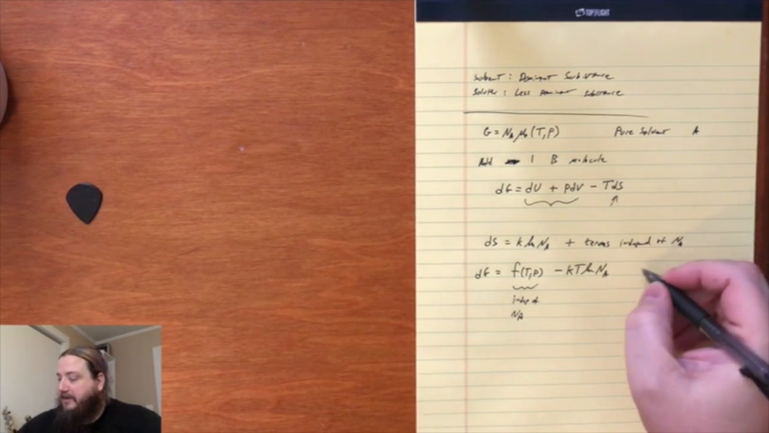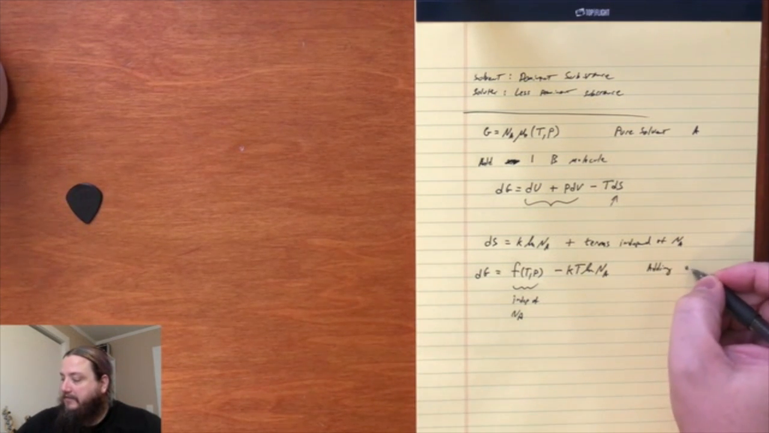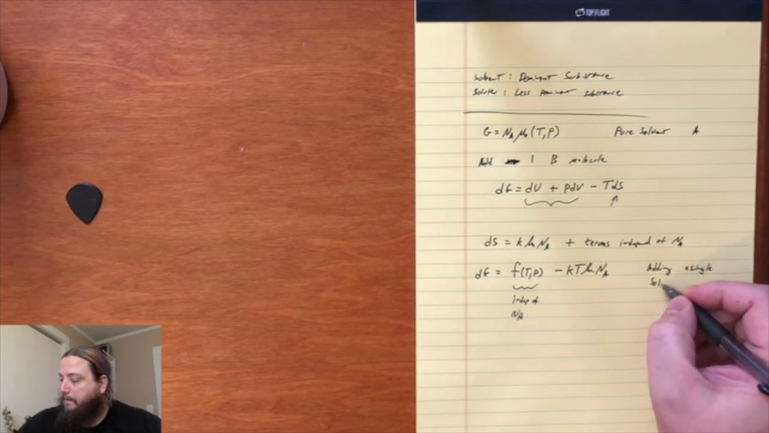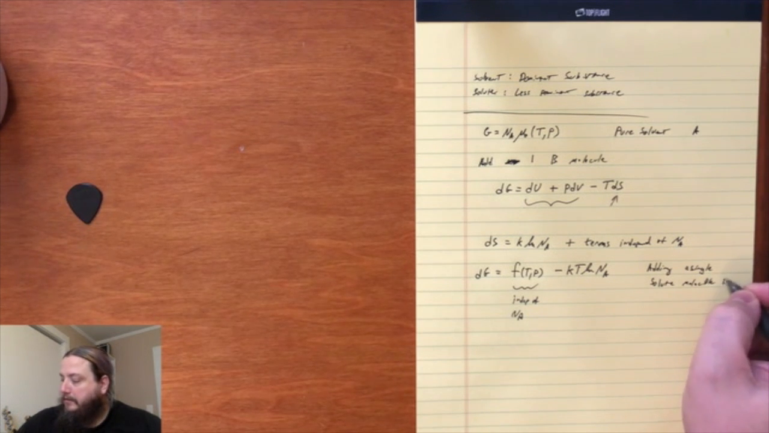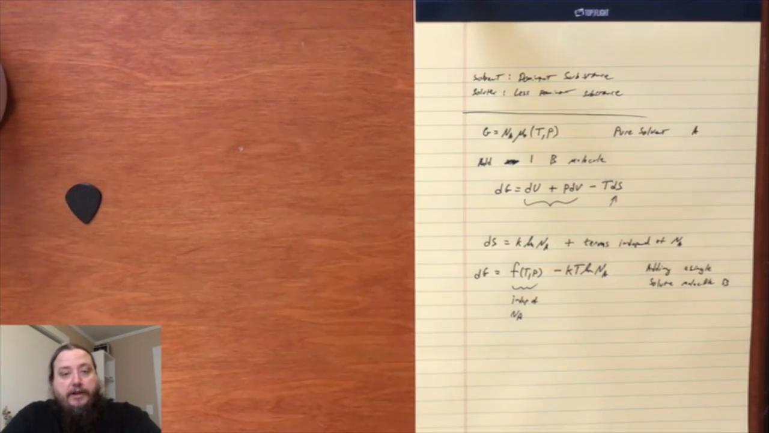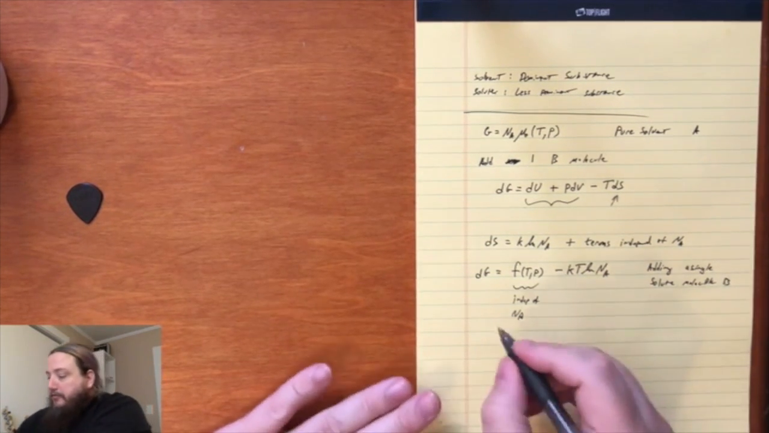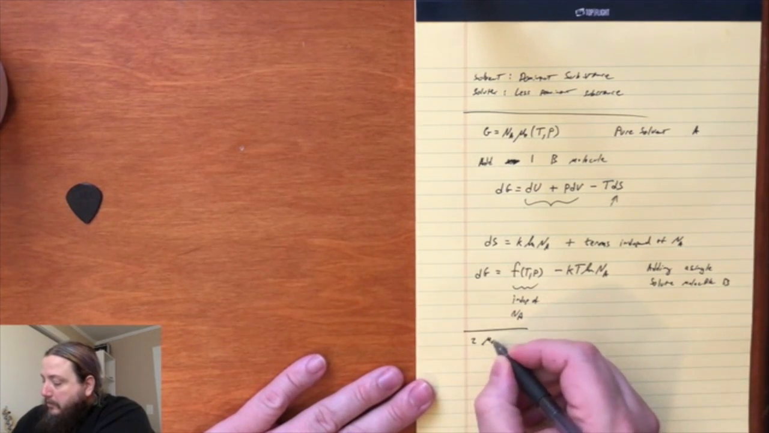All right, so this is the change in the Gibbs free energy for adding a single solute molecule B to the system. All right, so that's step one. The next question is, how does it change if we add not one, but two molecules? So now, what about 2 molecules